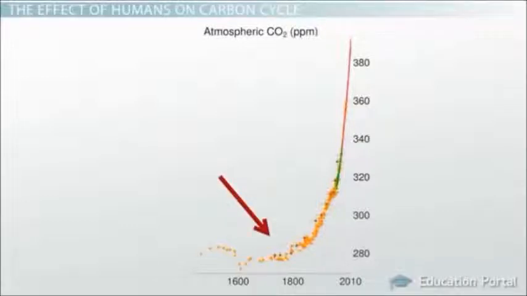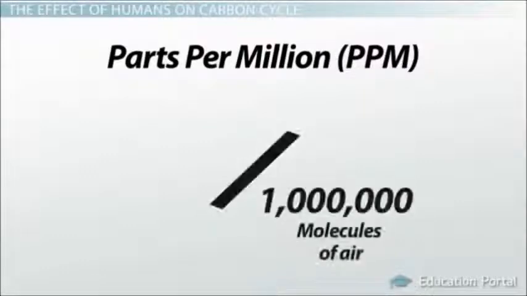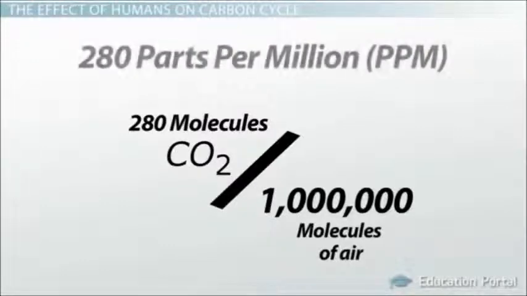In 1800, the carbon dioxide concentration in the atmosphere was about 280 parts per million. But the most recent readings from June of 2012 measured the concentration at 395 parts per million. Scientists measure carbon dioxide in the atmosphere in parts per million, which is another way of saying, out of every million molecules of air, how many are carbon dioxide? If 280 molecules out of every million are carbon dioxide, then the air has a CO2 concentration of 280 parts